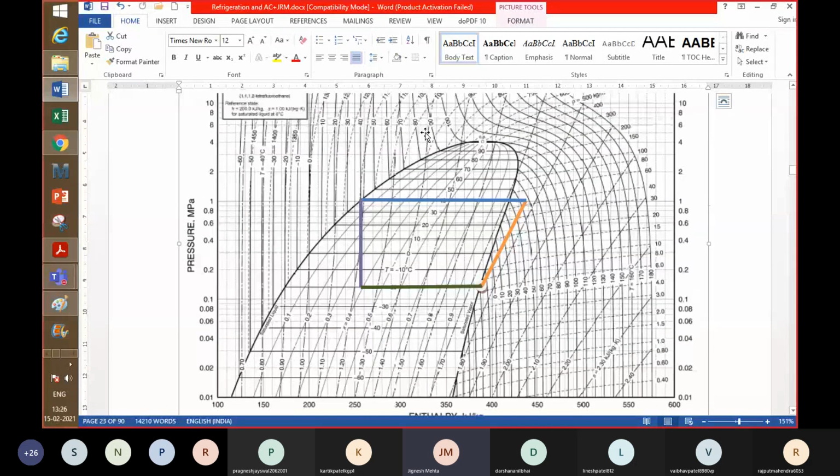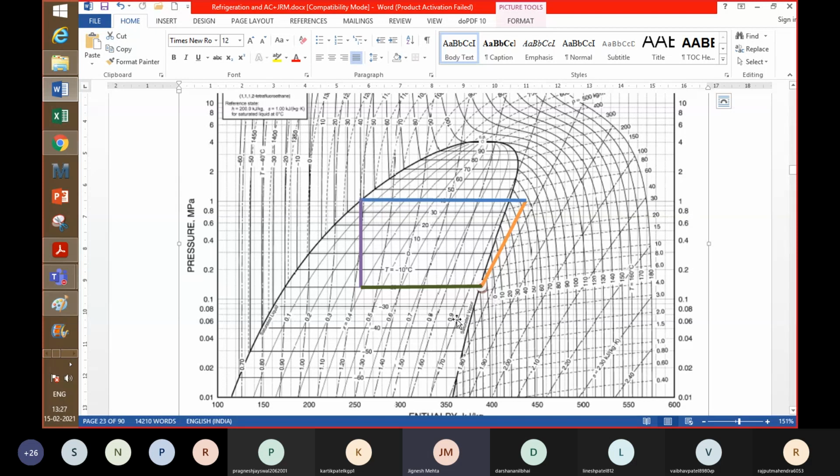How can you show that temperature is decreasing? Because here you can see that the temperature was around 40 or 42, right? In this example it is 39.39 degrees Celsius, and in that case it was 42. So 42, and then you move along this line up to 36. You can see this is 30 and this is 40, right? So it was 42, and you slightly move to the left-hand side up to 36 degrees Celsius. So that is the subcooling that you are achieving.